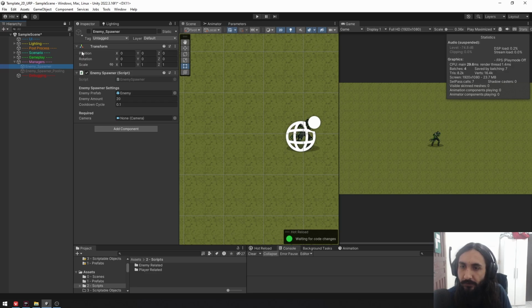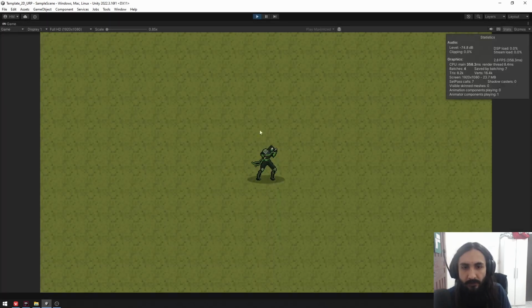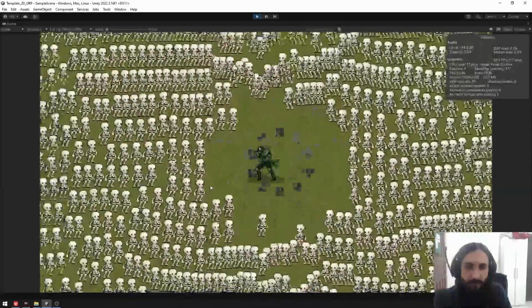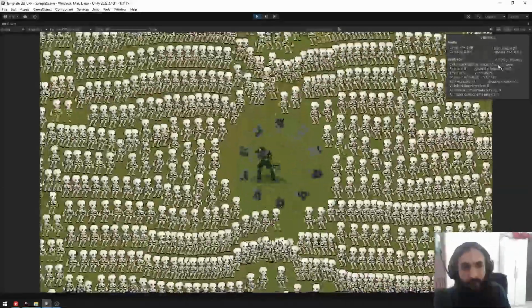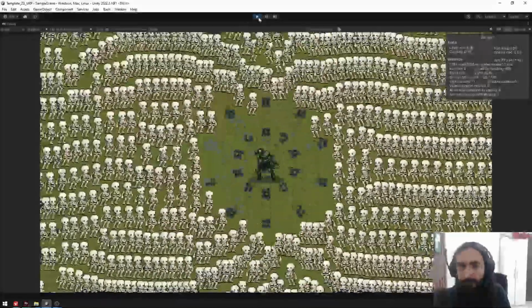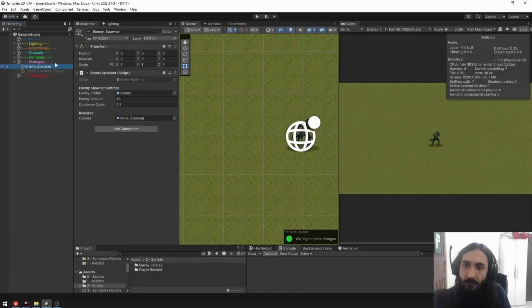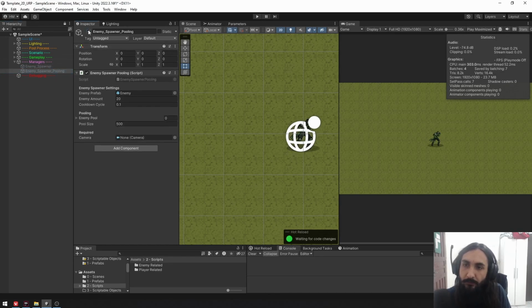And I'm gonna show you here an example of just the normal spawning. I'm spawning like 200 enemies per second here. And as you can see, my FPS gets pretty low pretty fast. So that's really bad. But there's a way to make you spawn the same amount of enemies without getting that